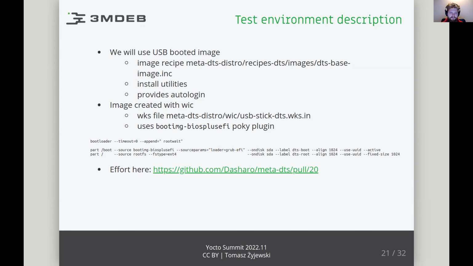The image recipe can be found in this path. It just installs some utilities and provides auto login. To create this image, we use the wic utility, and the WKS file can be found in this path, and it looks like the following. You can see that for the boot partition, it uses the bootimg-biosplusefi plugin from the Poky repository, and the effort that I needed to do for this POC can be found in the pull request I mentioned